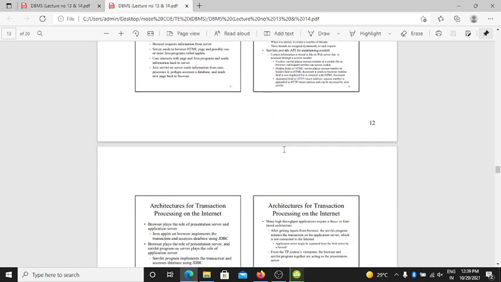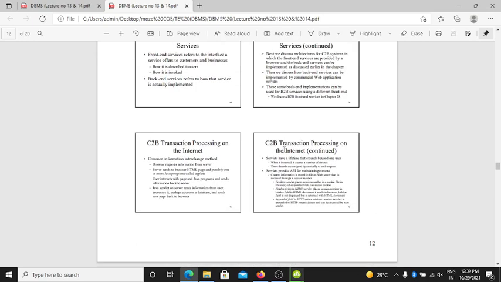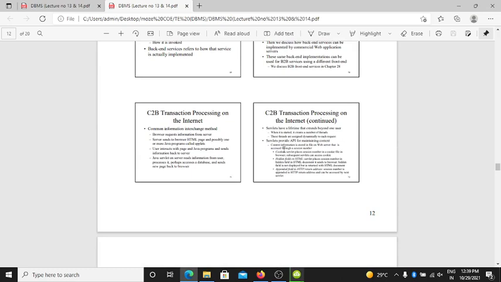C2B means transaction processing on the internet. Common information interchange method: the browser requests information from the server. The server sends the browser an HTML page and possibly one or more Java programs called applets.